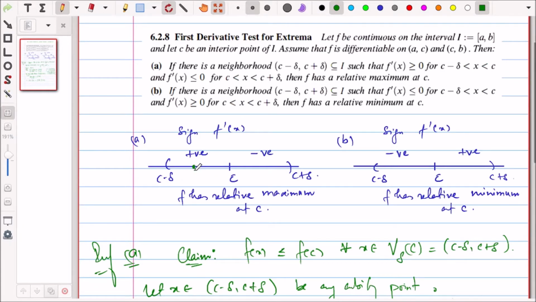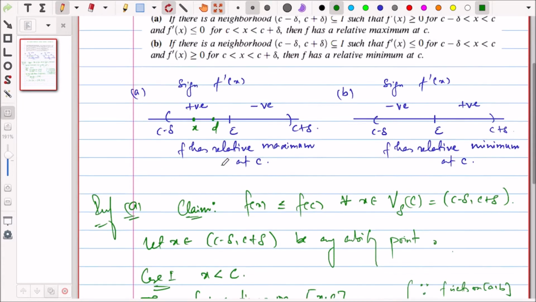So x is here, right? x is here and d is here. So कहाँ क्या sign होगा d का? f dash d, positive. ठीक है,